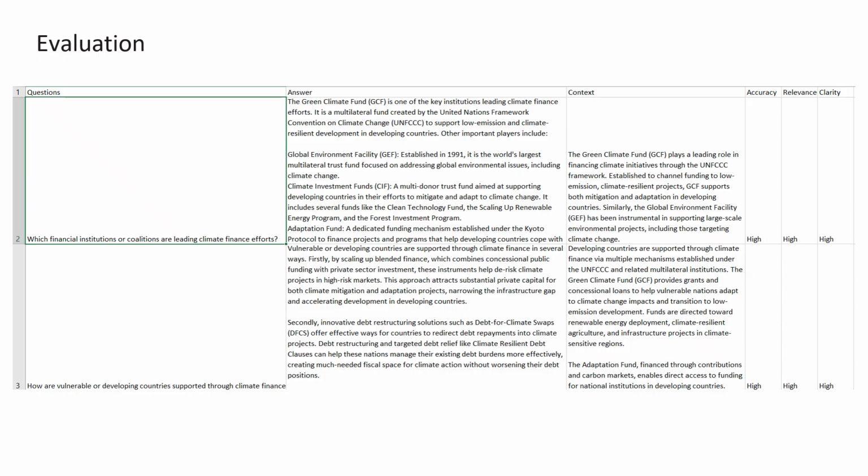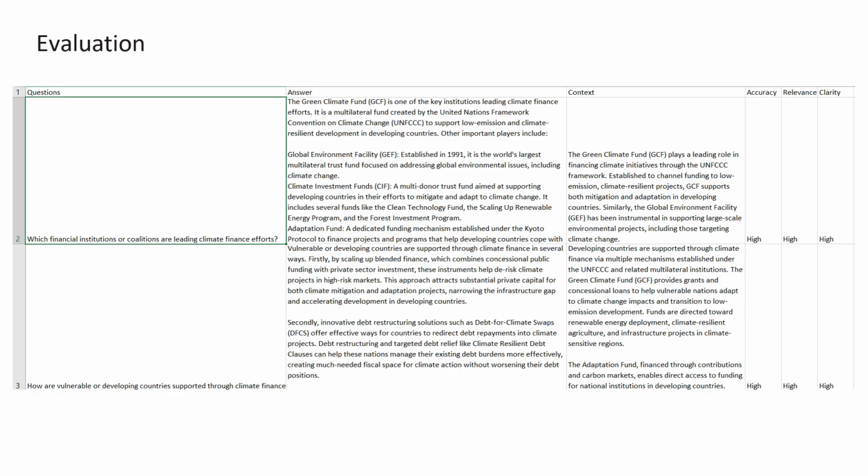And coming to the evaluation that I did offline, here is a quick snapshot of the Excel file that I used to evaluate it. On the left hand side, you can see all the different questions and the answers that I got from the model. I also gave a brief context to the model so that it can evaluate based on accuracy, relevance, and clarity.